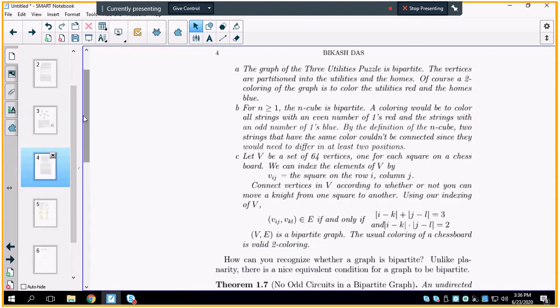So the first example of a bipartite graph given here is the 3 utilities problem, which we already know. Another example is that the n-cube for n greater than or equal to 1 is bipartite. So we know from a previous lecture that in the n-cube, 2 vertices would be connected if they were represented by strings whose positions only varied in at least 2